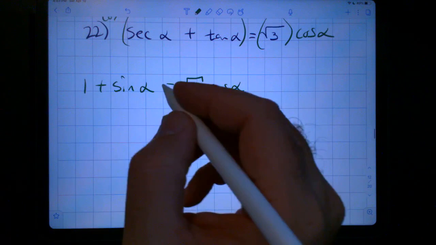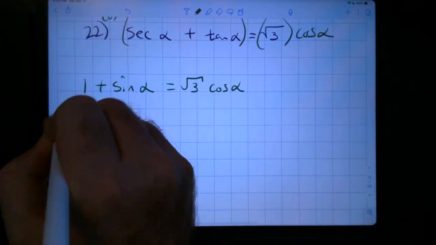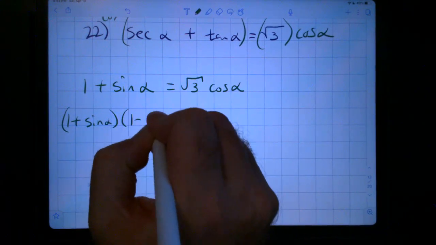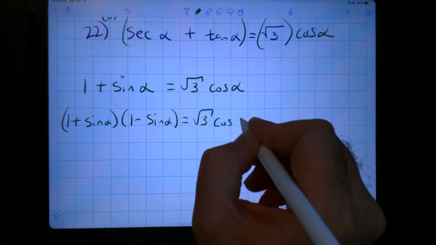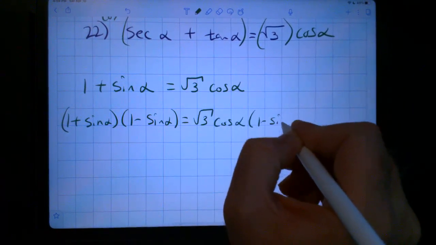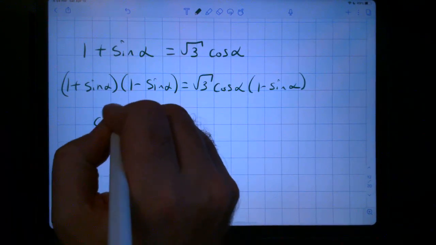Well, let's multiply everything by 1 minus sine alpha. So this would give me